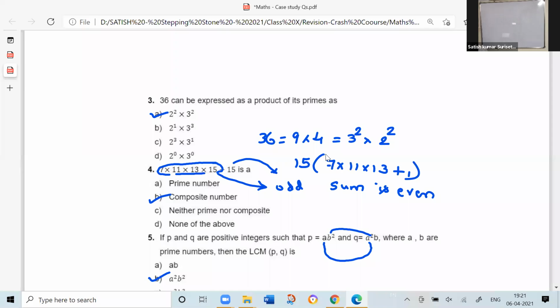Now this is product of two numbers. So once it is product of two numbers, what can you conclude? You can conclude that it is a composite number. Another method is, these are all odd numbers. Product of odd numbers is again an odd number. Odd number plus odd number is an even number. Once it is an even number, 2 is a factor. So you can conclude that it is a composite number. Is it clear now? Okay, sir.